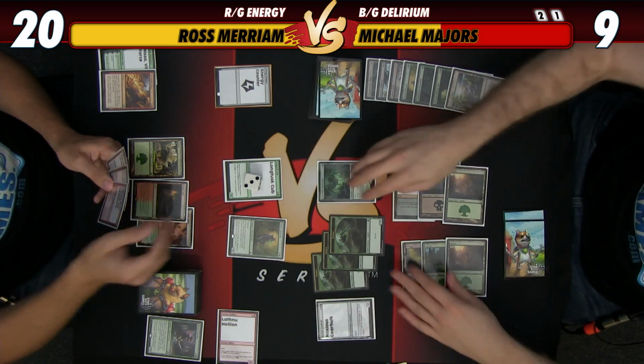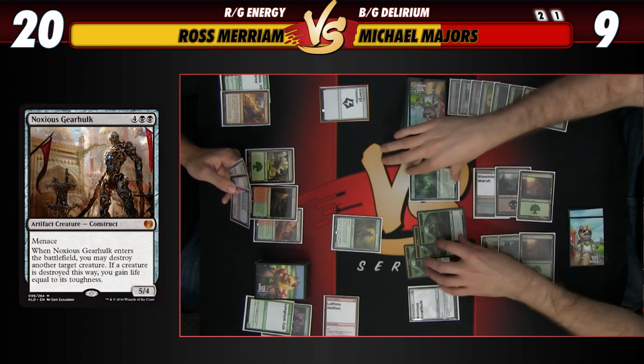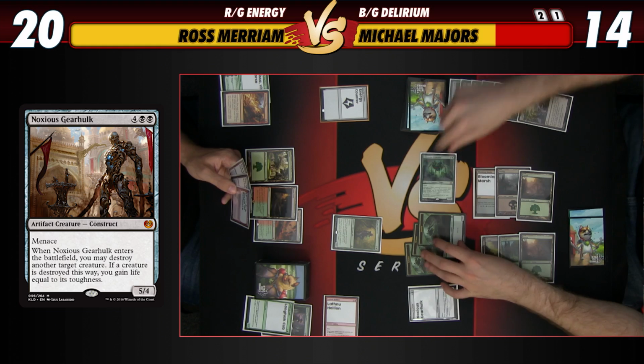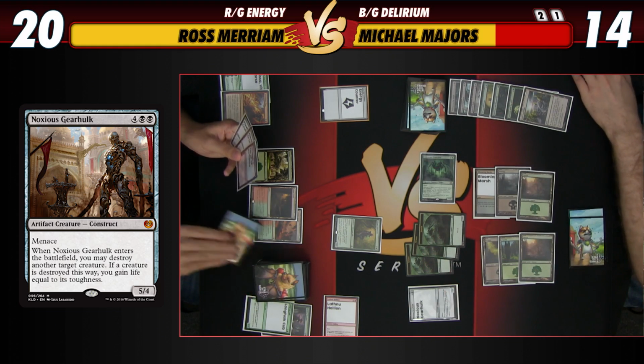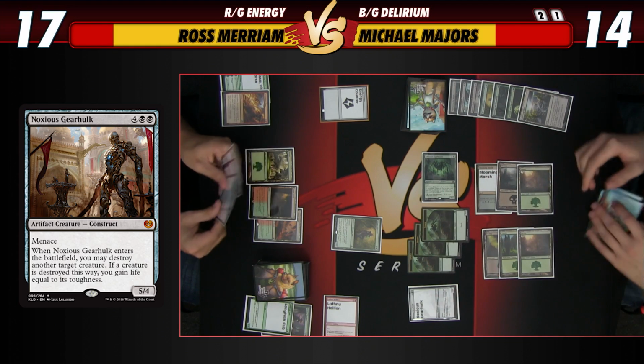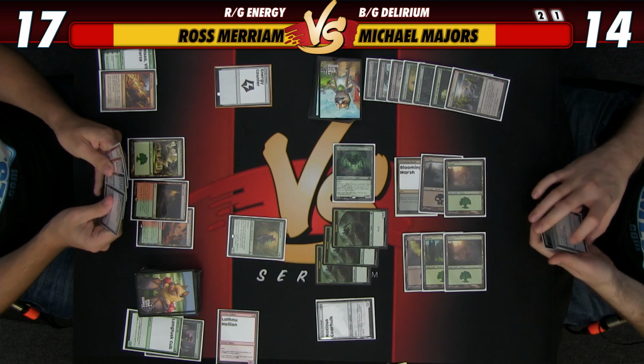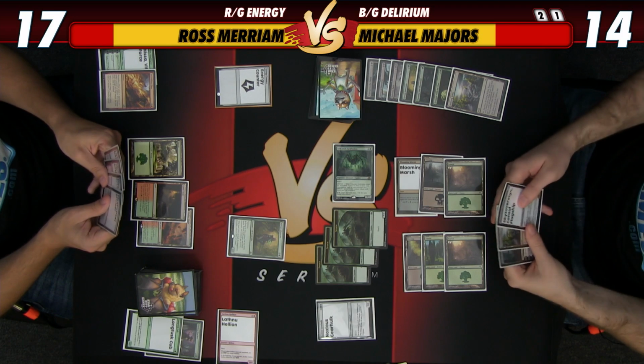Ugh. Gain 5 life. Ugh. I'm at 14. And I will attack with Ishkanah. I'm at 17. Go ahead. That is probably unbeatable. And, oh my god. That's not doing anything right now. Might actually...